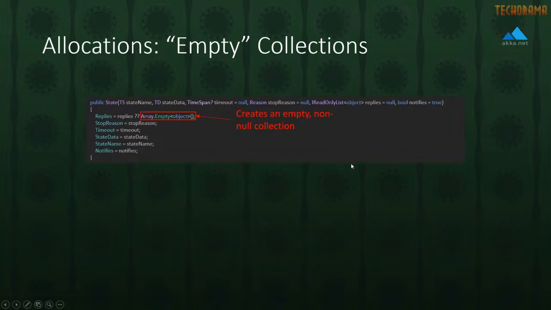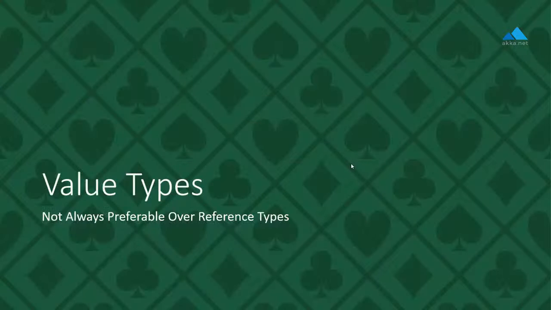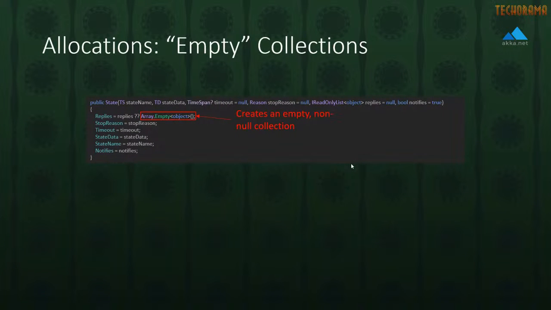So one of the things we can do really inexpensively to obey our API construct, namely that we're not allowed to have a null set of replies, is to use a statically initialized empty collection using the Array.Empty type, or maybe I could use the ImmutableList.Empty type here as well. Those would both work just fine. But this allowed me to go ahead and eliminate that source of allocations in its entirety. Again, we're just trying to look for some low hanging fruit we can easily get rid of without needing to break public APIs or change our wire formats. And these sorts of wins really do help add up to make Akka.NET a lot faster each time we do this.